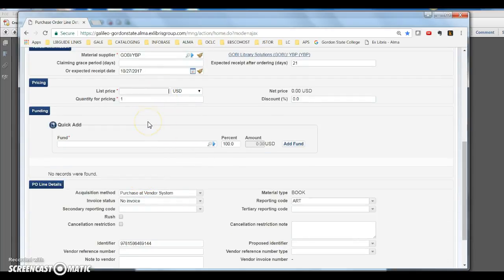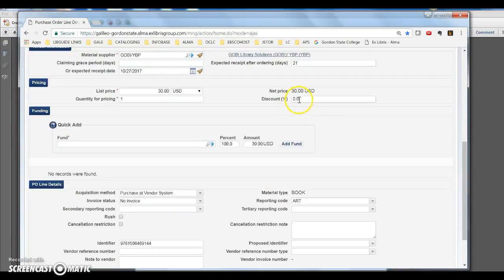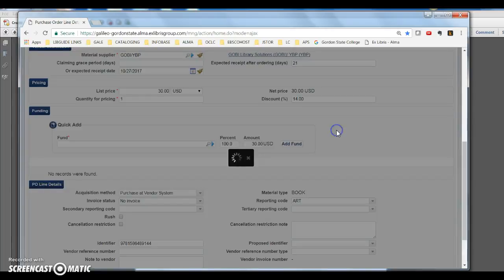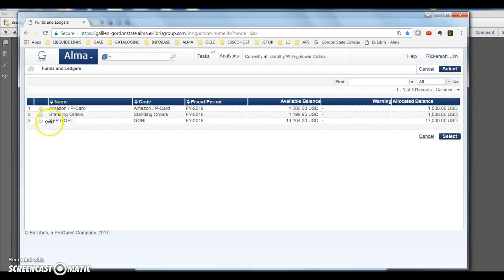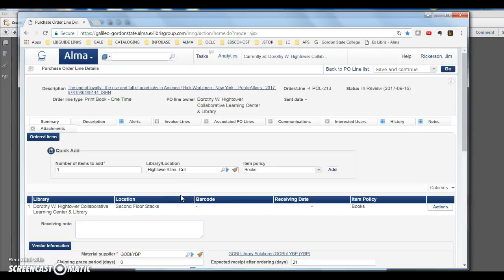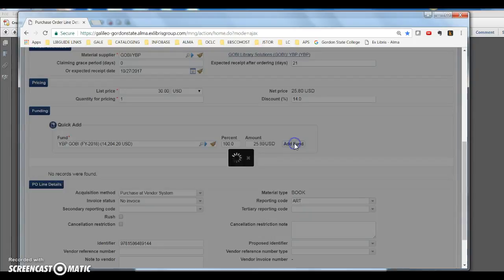You'll want to enter a list price, and that's going to be $30. And we have a 14% discount, so we need to enter that where it says discount percent, and then select a fund, and the fund we're going to use is YBP Gobi, and you'll see that our available balance is $14,204. The next thing we want to do is click Add Fund,